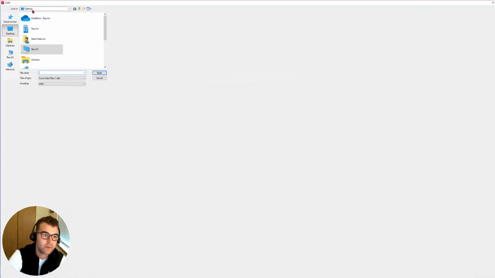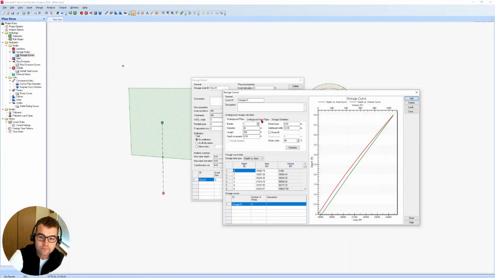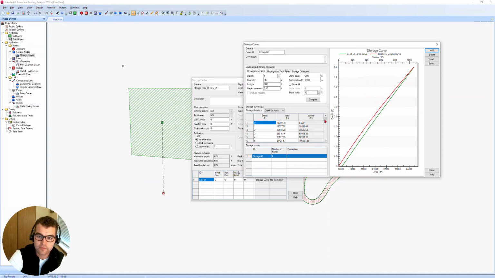Go right here. I'm going to go ahead and grab, let's see. All right. And one thing, just keep in mind, it's this file format, but it'll default to the DAT. And let's go ahead and grab Pond Design 1 right here. All right. Notice here's our depths, 5 feet of depth. Here's our total volume, about 106,000 cubic feet. All right, so let's go ahead and just close this now that we have loaded in our pond data